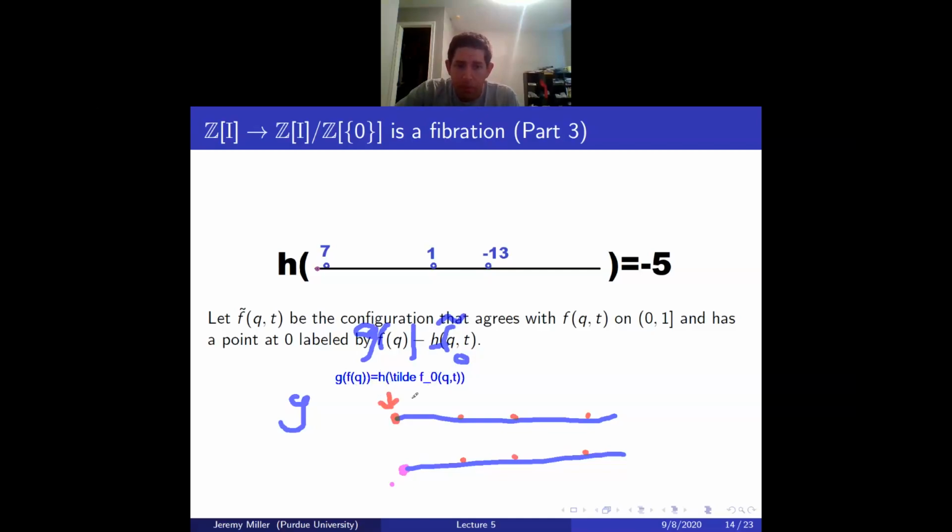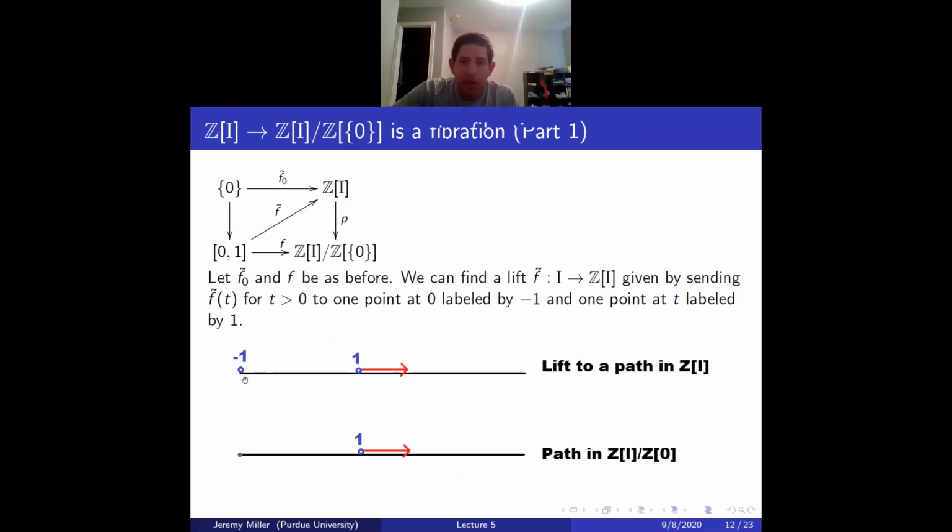And that just, if I did this correctly, this should measure, like this number here should, in this example, give you -1 for positive t. So in this example, how do we lift? Well, we're forced on the half open interval to just lift whatever we have downstairs, upstairs. And then the question is, what do we label 0 with? And what we're going to do is we're going to label it with, basically,